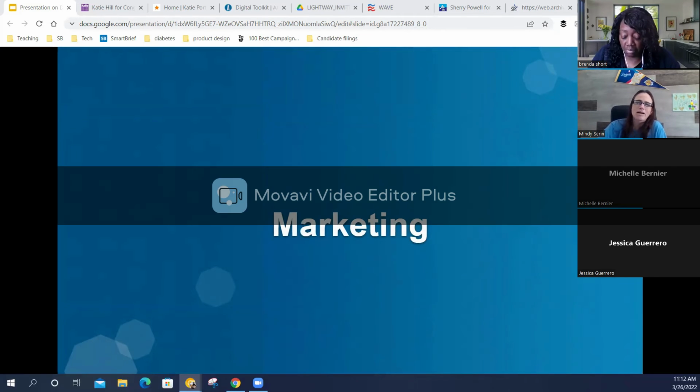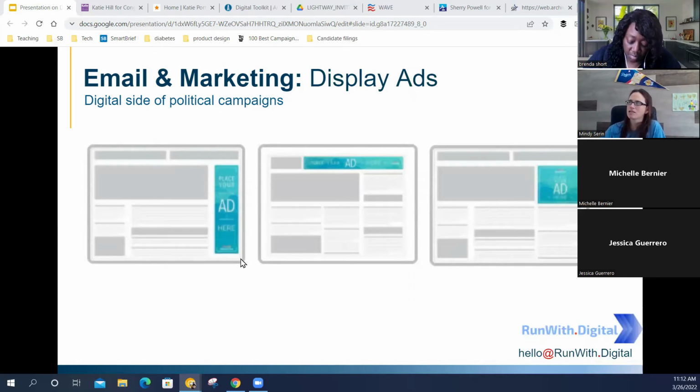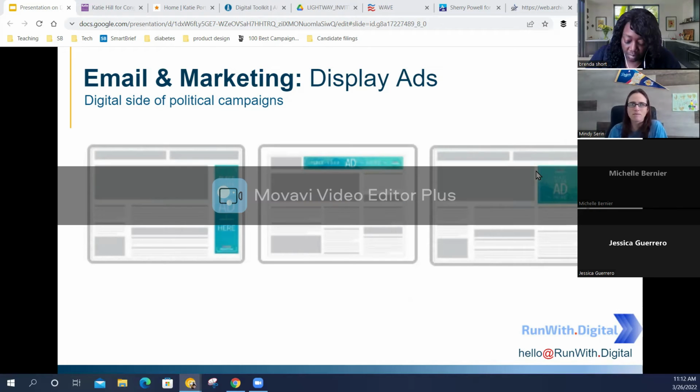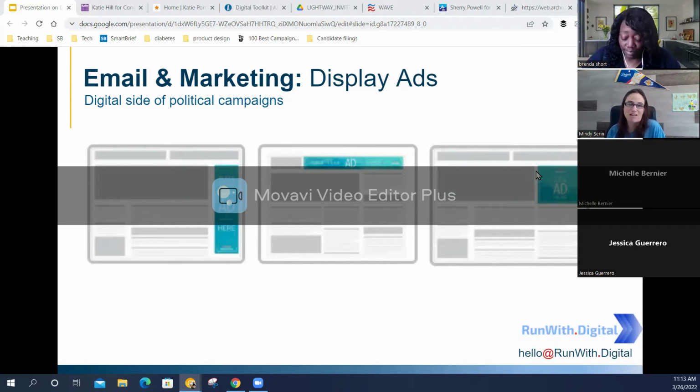So marketing, we're now going to look at ads. This is just a very small layout of how banner ads will look. You can have a nice vertical one along the side of an article, maybe horizontal on top, a little square. They're graphical images in a website. Ads should be targeted to voters based on parameters that the marketer sets up. I wouldn't go to someone who just does all ads. I would only go to someone who sends ads to registered voters, because you don't want to spend money sending ads to someone who doesn't care about elections.